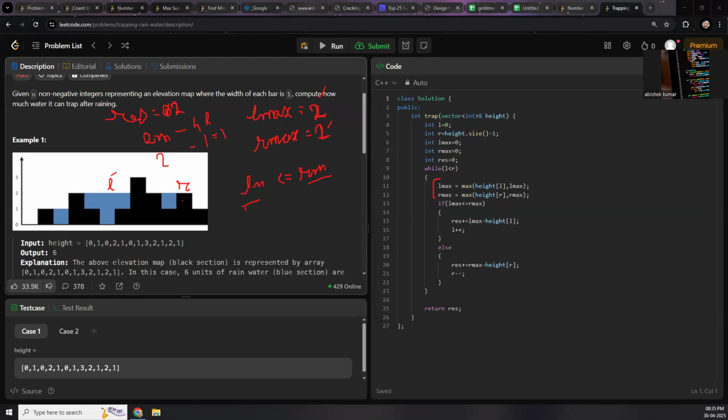Now again in the next iteration, I will maximize my Lmax, Rmax. So this is maximum because L is 0 and Rmax will remain same. Again, I will check is Lmax lesser than or equal to Rmax. Yeah, it is lesser. So again, I will do Lmax minus height of L. So this time Lmax is 2 and height of L is 0. So 2 minus 0 will give 2 and this 2 will be added to my result, which will become